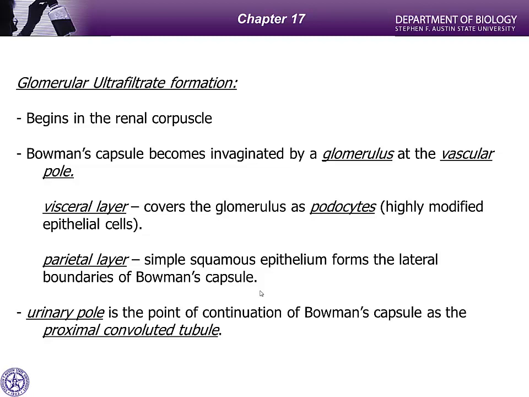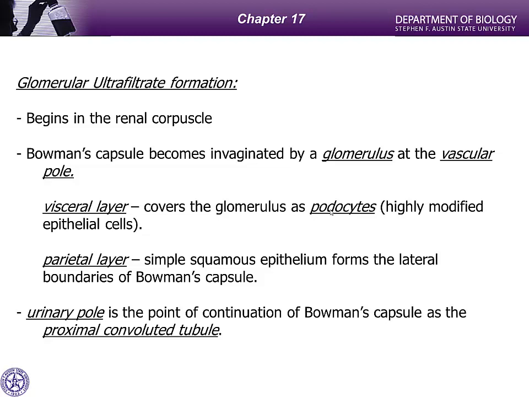Remember we looked at the illustration of Bowman's capsule, the one in which it didn't look like there was an inside layer. It looked like that inner layer was completely and closely adhered to the capillary loops of the glomerulus. Remember that one? Well, in that case, what we're looking at is referred to as the visceral layer of Bowman's capsule. Now, the glomerulus and all those capillary loops, they're going to be covered by very highly specialized epithelial cells that are referred to as podocytes. Podo means foot, and when we see pictures of these, it's going to be very clear how they got their